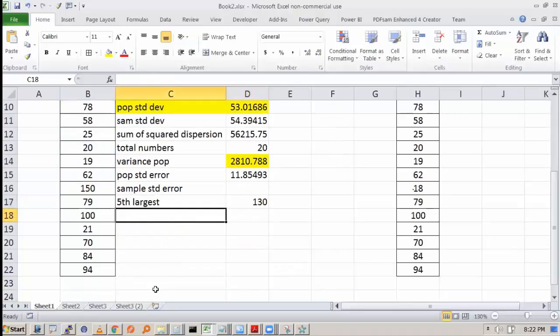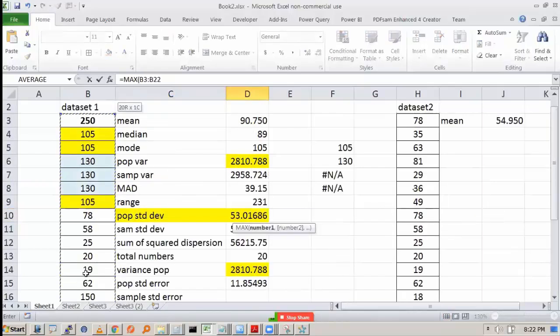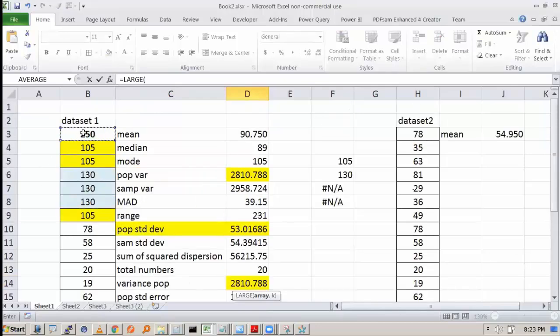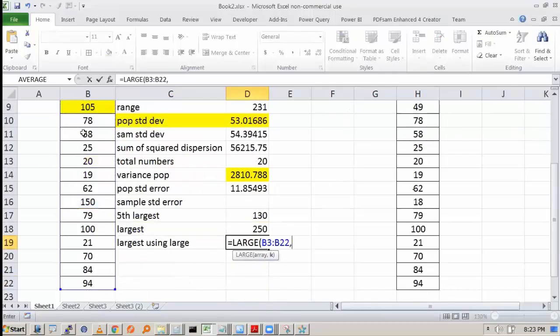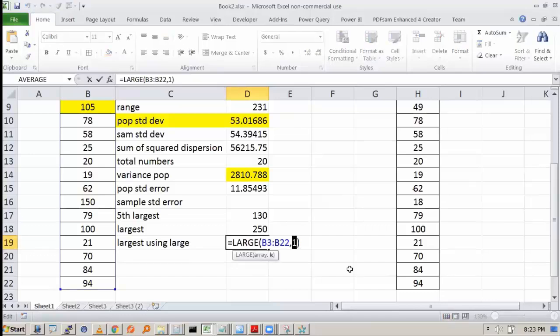And if I ask you what is the largest, one way you can do is compute using the max. But I want to use the large function. So I will use large, this is the array. What should be the k here for the largest? K should be 1 because we are interested in the largest one. So that means the large function is working correctly. Max is also giving the same thing, and the first largest is also giving the same thing.